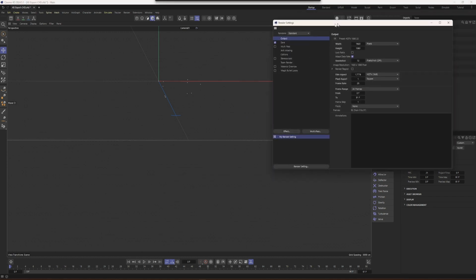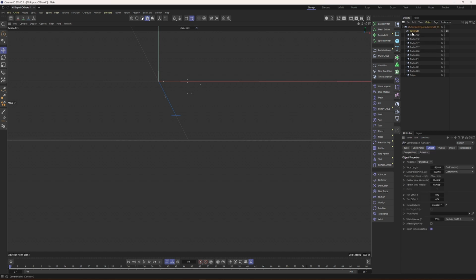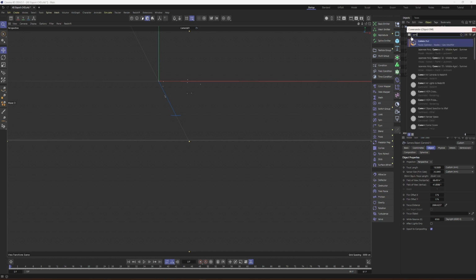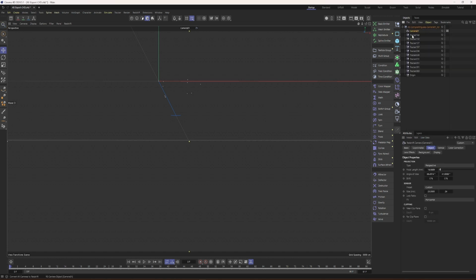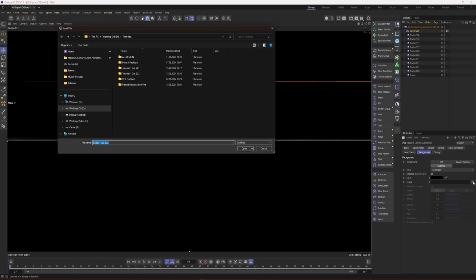So we have to go into the settings and change the render settings from standard to Redshift, because we are using Redshift. And we have to convert the camera from the standard camera to a Redshift camera, and there we have the background tab where we can include our footage. In the image,